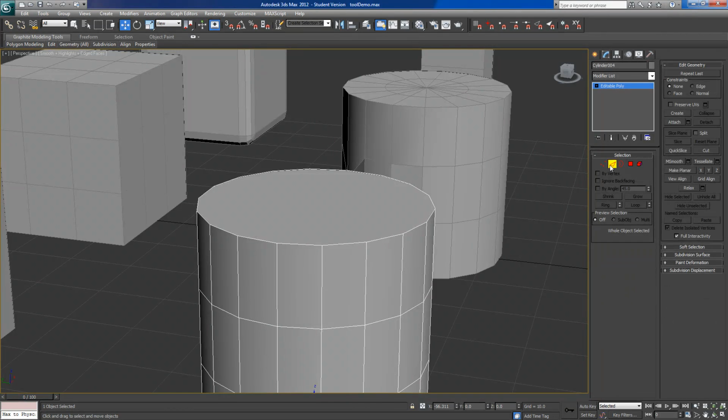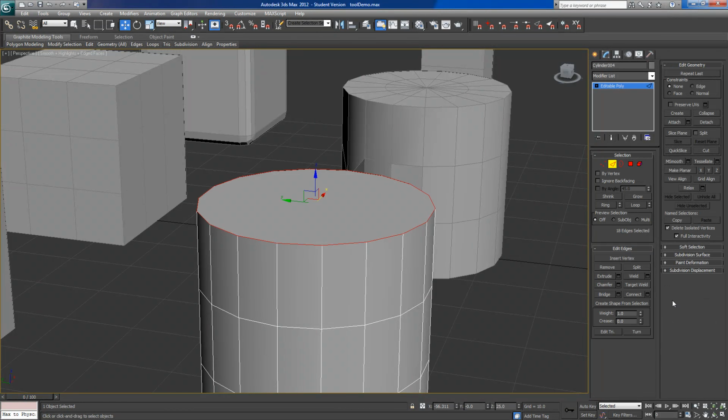So we'll go back to edges again. Not really sure what weight or crease is, so let's just see what that does. Nothing. Yeah, I have no idea what that is. I can edit the triangulation